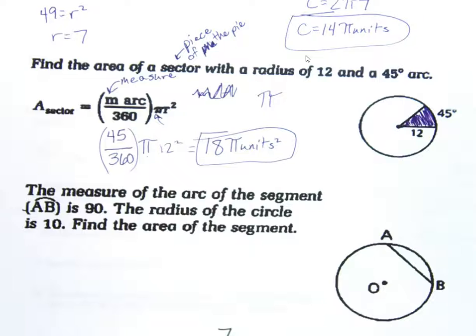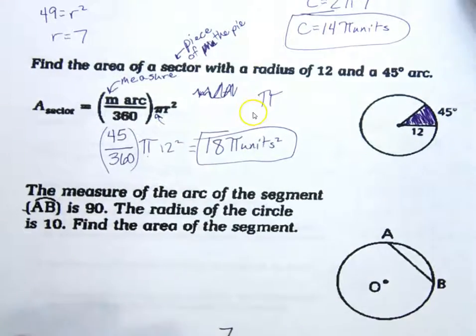So 18 pi units squared. What we just found is that little piece that is shaded in. So that percentage of